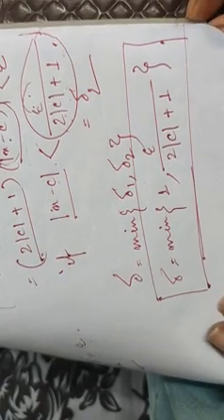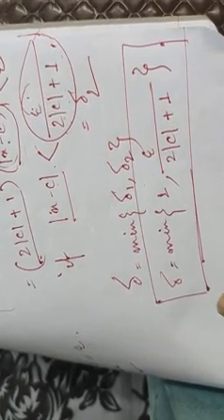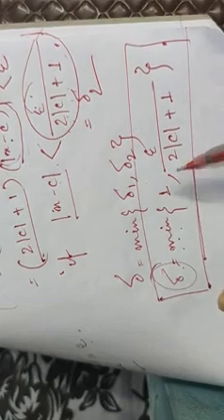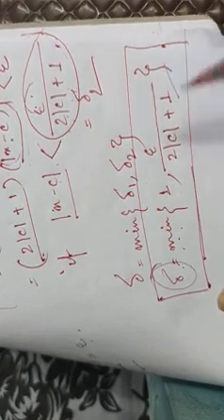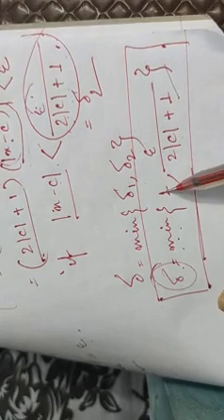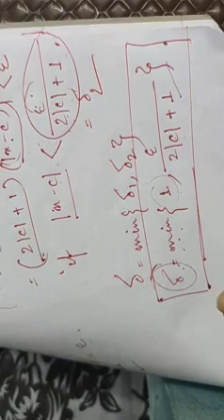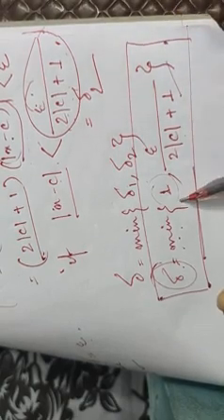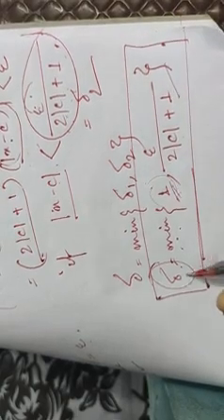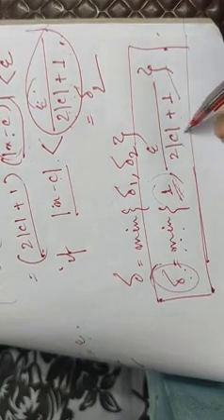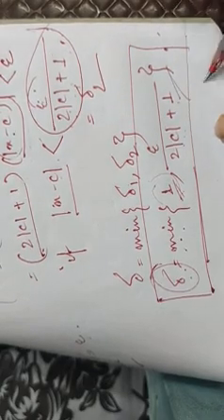So for any pre-assigned epsilon greater than 0, we will get the value of delta, which will be the minimum value of 1 comma epsilon by (2|c| + 1). Here I have chosen the preliminary value of delta as 1. You can choose anything, whatever you want. Half, 1/3, whatever you want, you can choose it. So the value of delta is the minimum value of 1 and epsilon by (2|c| + 1). Okay.